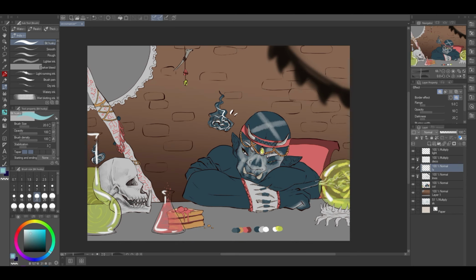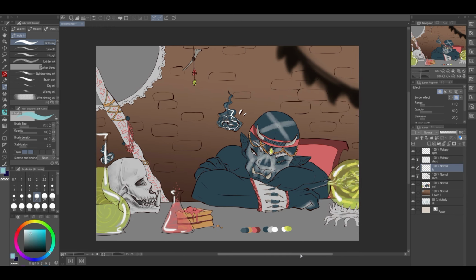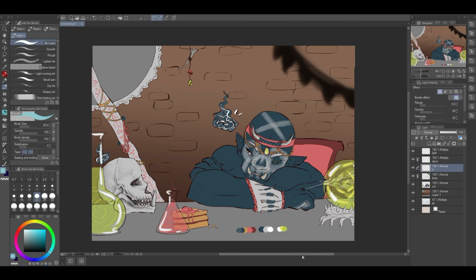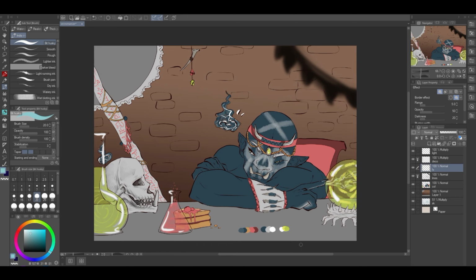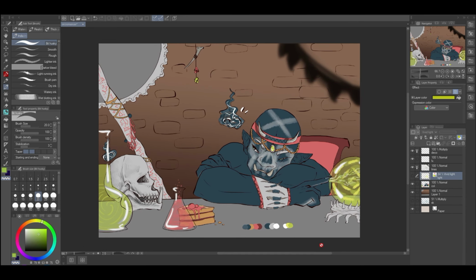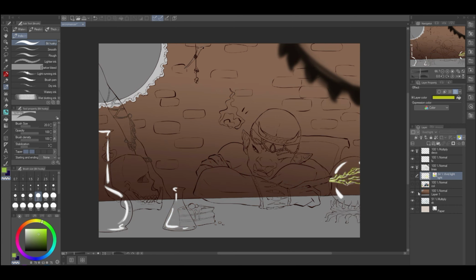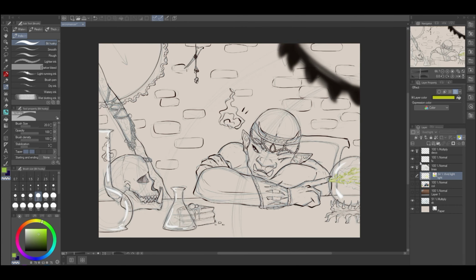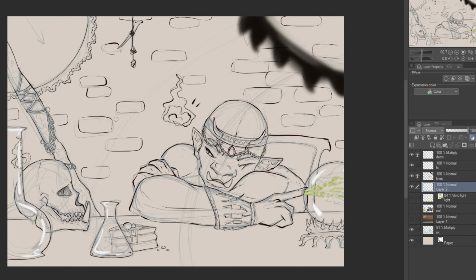Okay, here is the completed flat version of today's prompt picture, which was the Orc Necromancer. Let's go ahead and get started with the lighting. What I normally do to start is I will turn off the color layer and any other background layers that I have on, so I can get back down to see where I have the sketch mapped out. I'll create a new layer for my lighting,